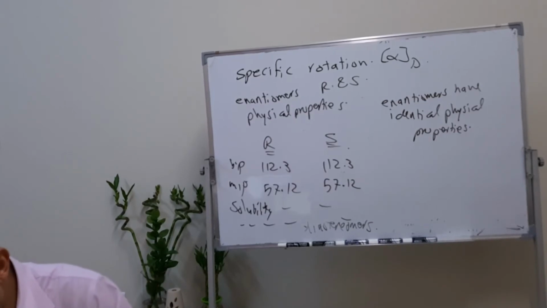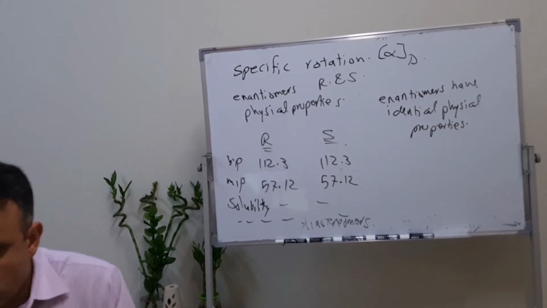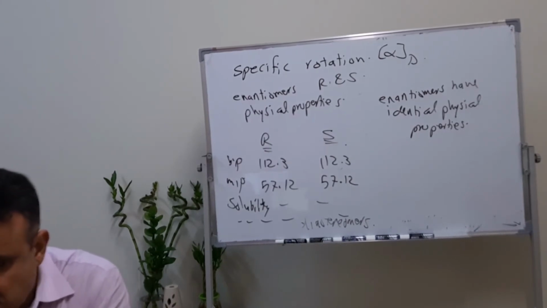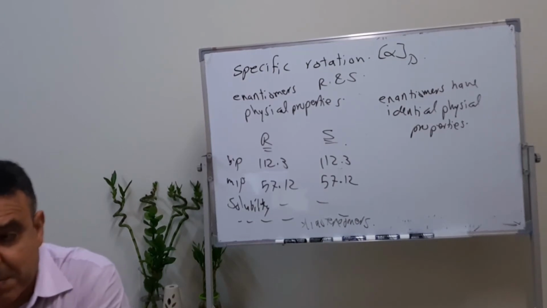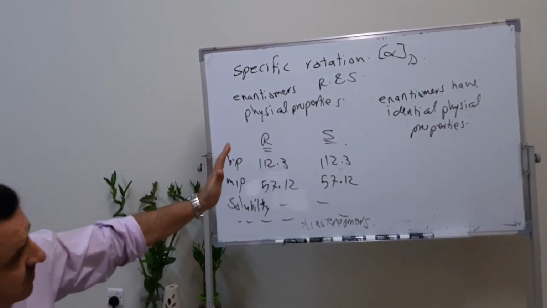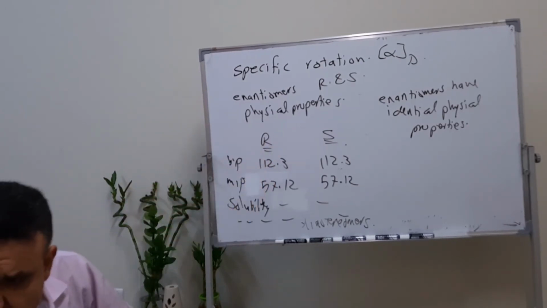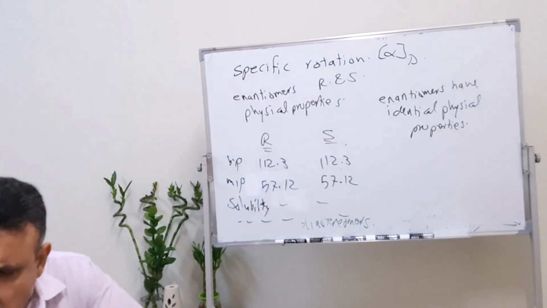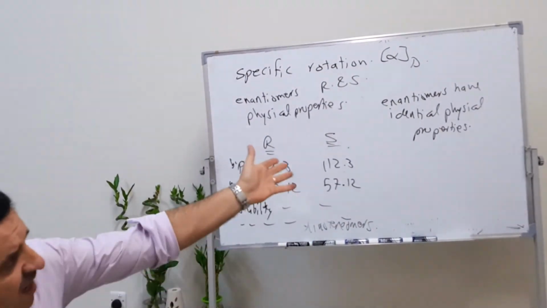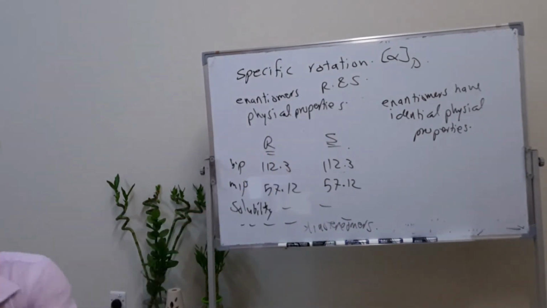Now, if we have solid compounds, different solid compounds, we can separate them by crystallization because they have different solubility. Do you follow me? But in principle here, enantiomers have identical physical properties. So how could we, as chemists, identify them if they simply have the same physical property? They only differ